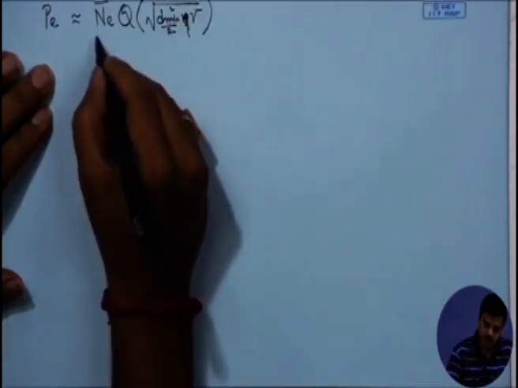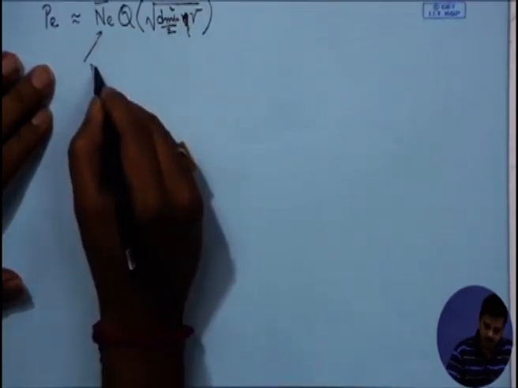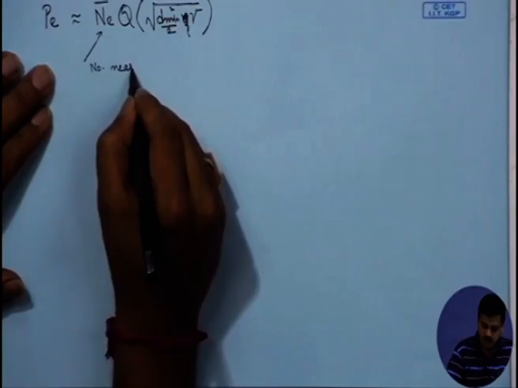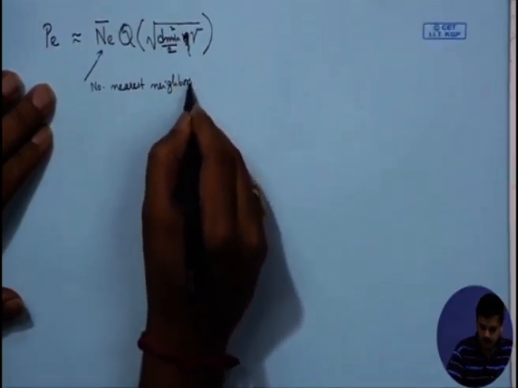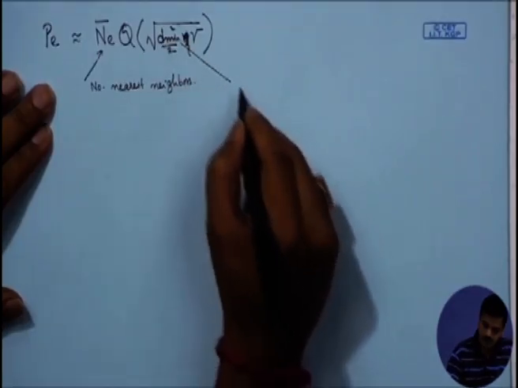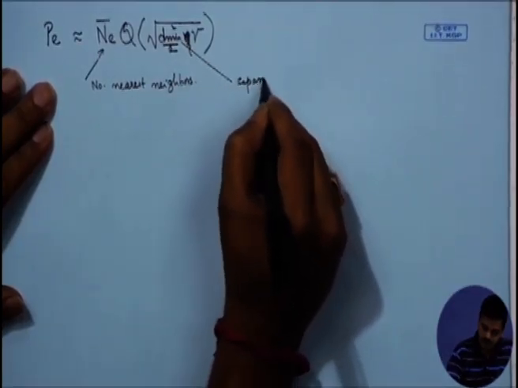If you look at this expression, this N e bar is the number of nearest neighbors and d min is the separation distance